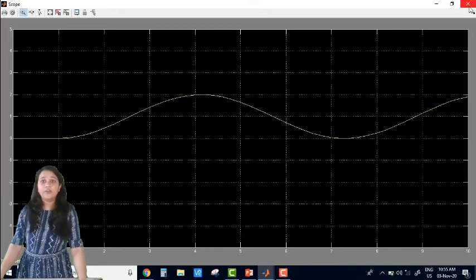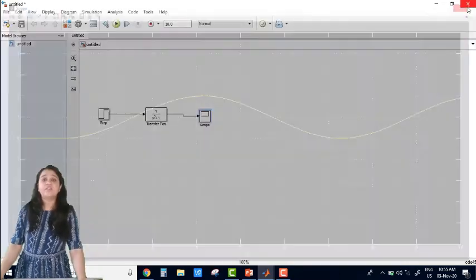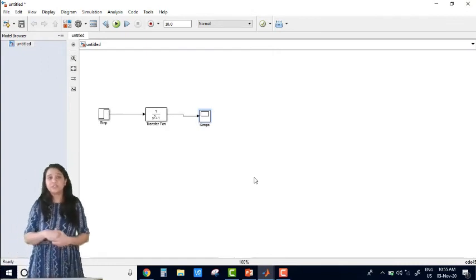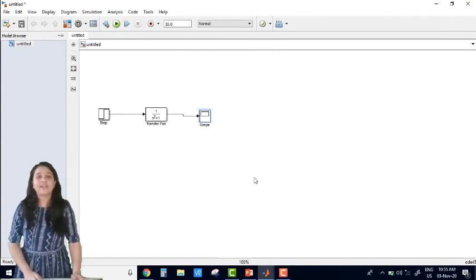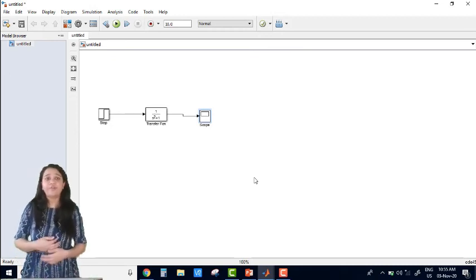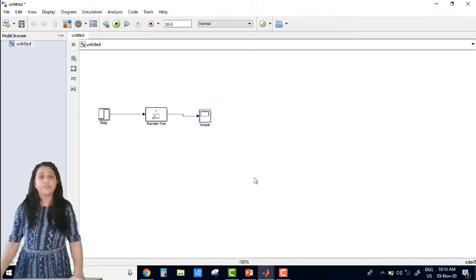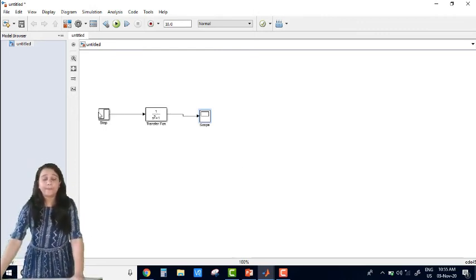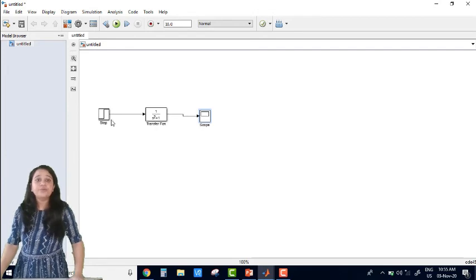Okay, so if we have a transfer function and we can check that which type of system response is there, so using the MATLAB Simulink model we can check a different transfer function and we can check the output response of the system. We can also change the input signal.